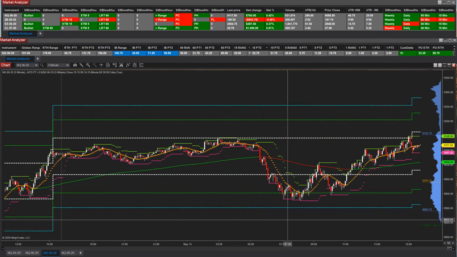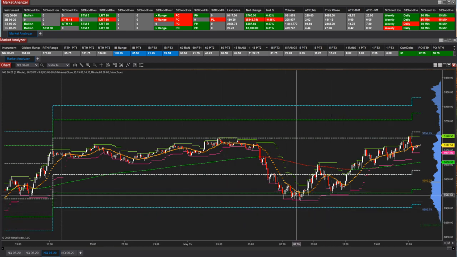But so you can get that understanding of how these statistical levels, these standard deviations of the bell curve levels work. You can use that knowledge to trade this contract,